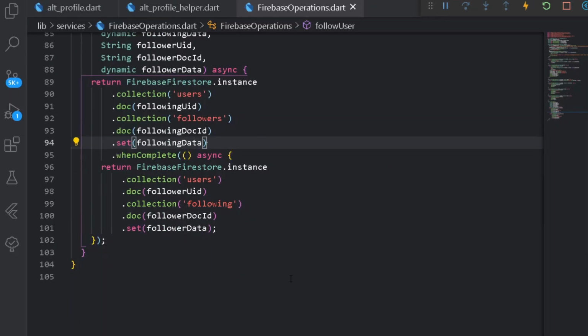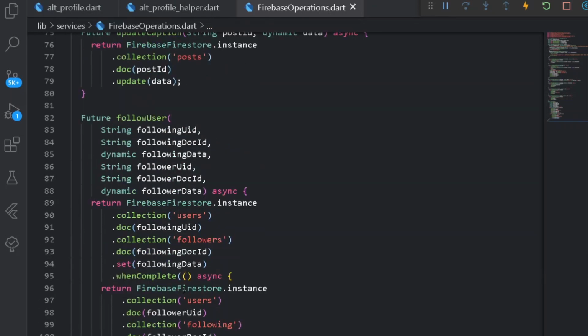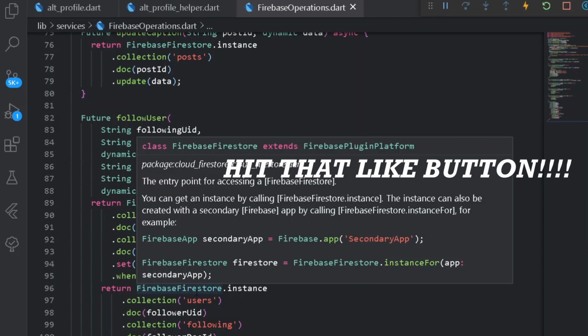And similarly after that we are going to return one more Firestore instance where we are going to add data under users collection of the following follower UID. And here under this case we are going to add a new collection under following for our Dungeon Master, which will be showcased here under our following case. And after that we are going to set data of follower data, and the following data shall be nothing but of our Flawless Hero. So this was the complete explanation I guess.